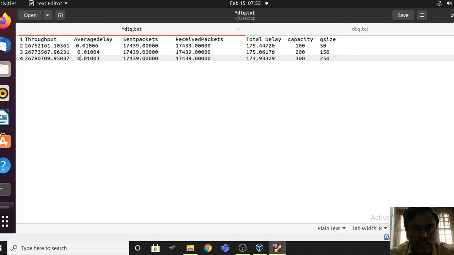How many columns are there? Second column, third column, 4, 5, 6, 7. Okay, 7 columns are there. So if you want to plot a graph, say queue size versus say throughput, you can plot. Control S. 1, 2, 3, 4, 5, 6, 7, right? Yeah. How do you plot a graph?